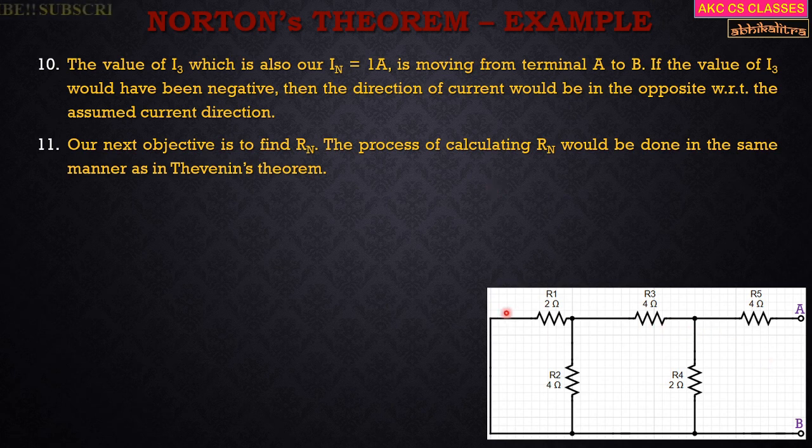Now if you see carefully, the entire circuit diagram is missing all the voltage sources. All the voltage sources that were present over here and over here are now short circuited. While calculating the equivalent resistance, if the internal impedances of the voltage sources are given, then we have to substitute the voltage sources with their internal impedances. Since in our question we are not given any internal impedances of the voltage sources, we have short circuited all of them. Since our voltage sources are ideal voltage sources, we are not given any internal impedances, so we are basically short circuiting all the voltage sources. That is what is written here.